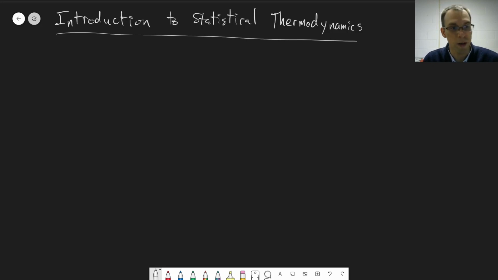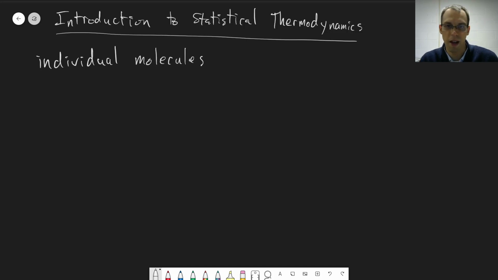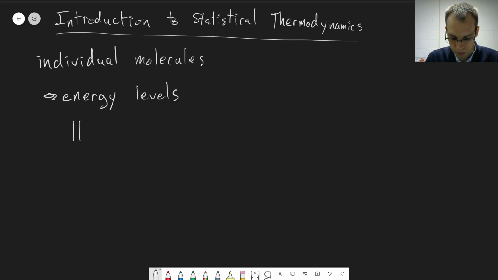When we're thinking about physical chemistry, there are two main fields that we often think about. One is quantum mechanics, where we're looking at individual molecules. This is where we find the energy levels of, say, a hydrogen atom, and learn about s, p, d, f orbitals and all those things you've learned about, and also rotations and vibrations and the energy levels associated with those kinds of motions as well. So we're usually finding energy levels,